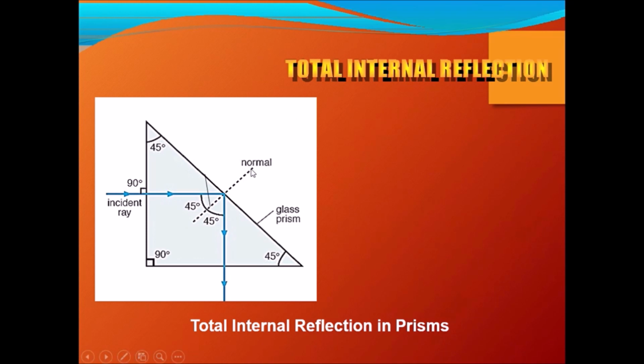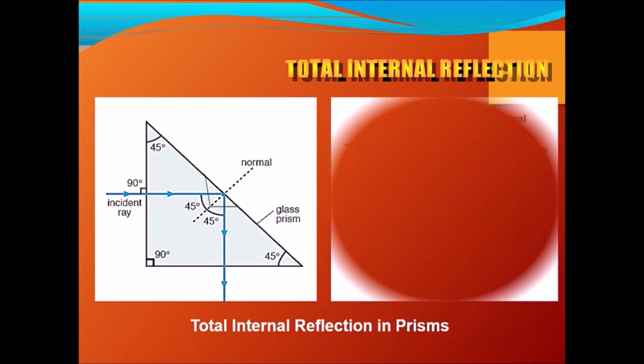So this angle of incidence is more than the critical angle, so obviously it will not refract, it will not bend, it will get reflected. So it is totally internally reflected here. It is getting reflected at 45. Since this angle was 45, this is also 45 and it's getting reflected here, and it goes out. So this is the one.